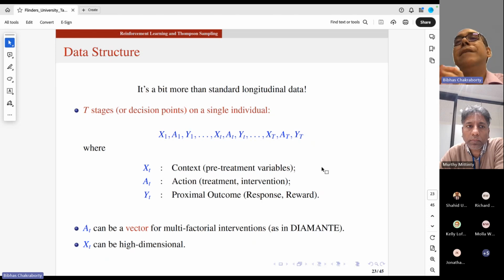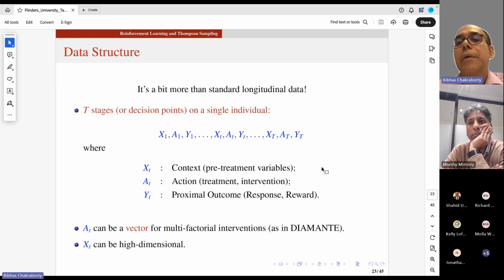But having said that, let me give you some idea about the sample size, because it accumulates information over time for the same interventions over and over again. So it gains a lot of efficiency in terms of sample size. There exist many microrandomized trials whose sample sizes are maybe less than 100 even. Our Diamante trial is a bit more.